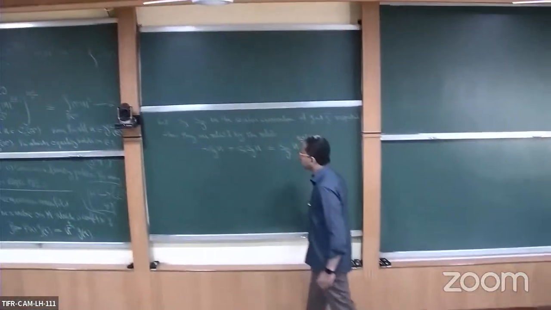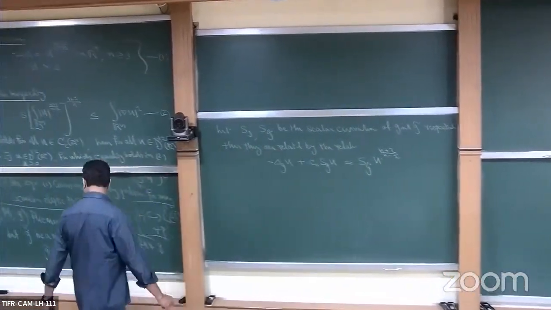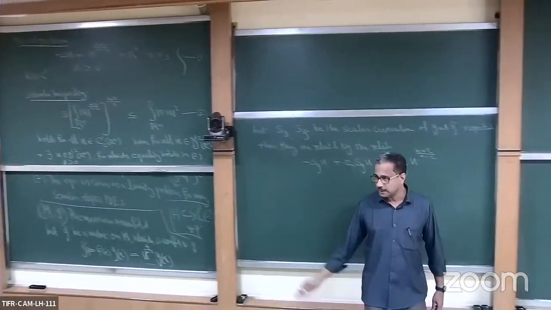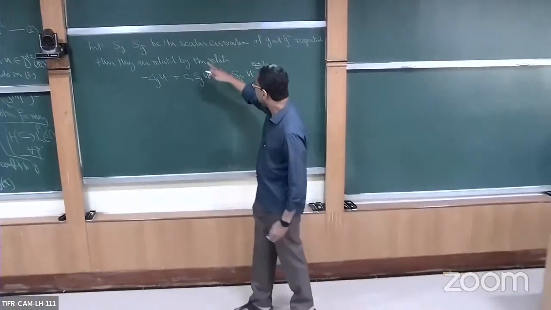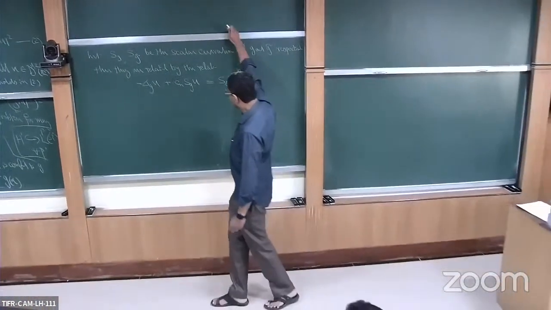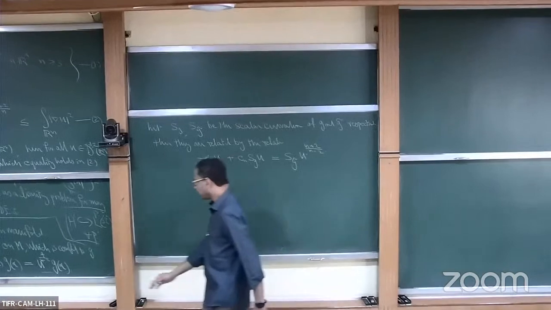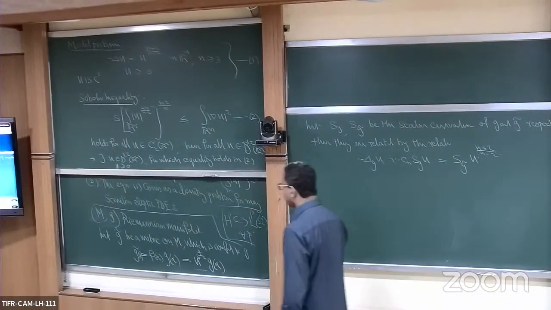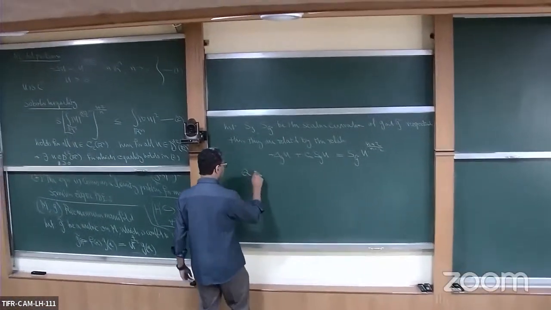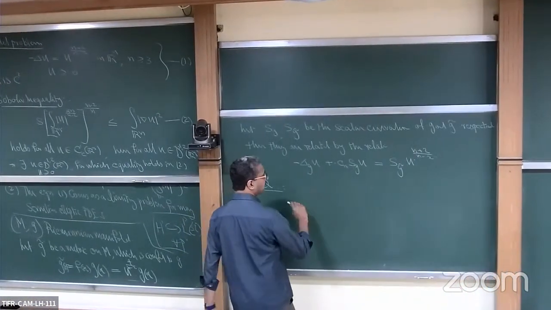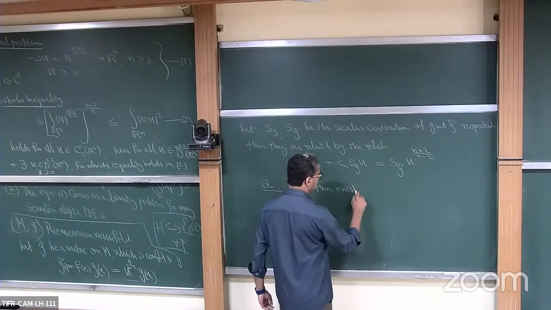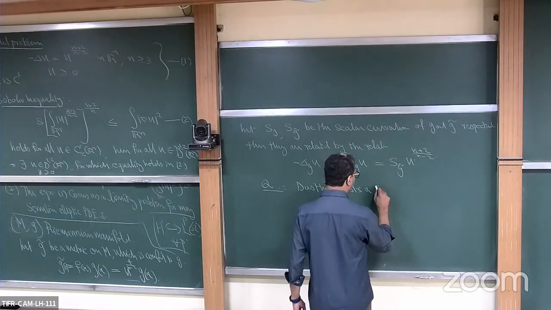So one of the basic questions was, for example, given a Riemannian manifold M and G, can you get a metric conformal to G so that the scalar curvature of the conformal metric is going to be a constant? This geometric problem, if you try to put it in a formula like this, is equivalent to solving a partial differential equation. So the question is, does there exist a conformal metric